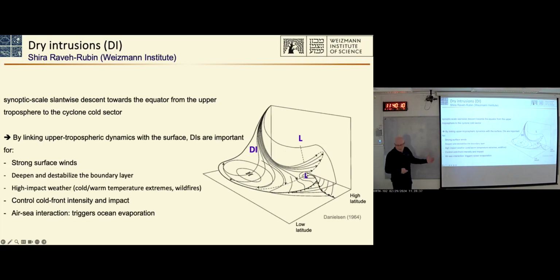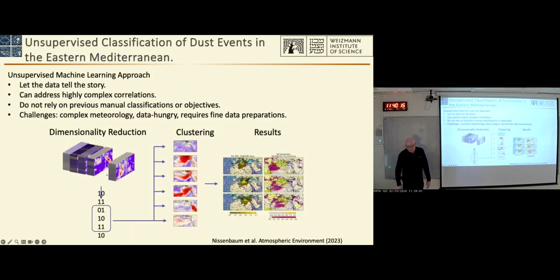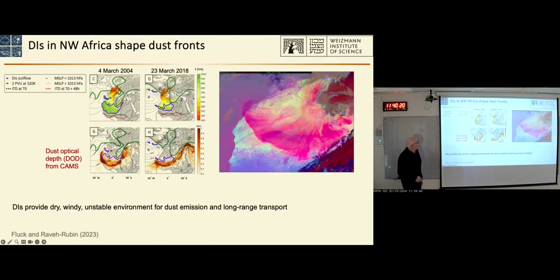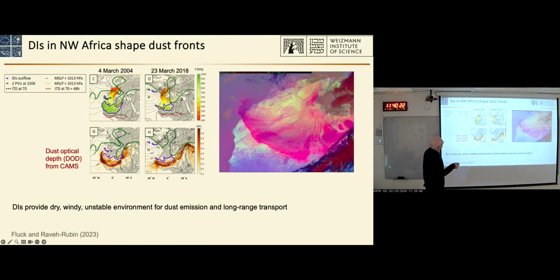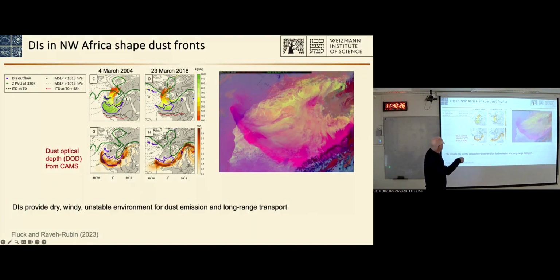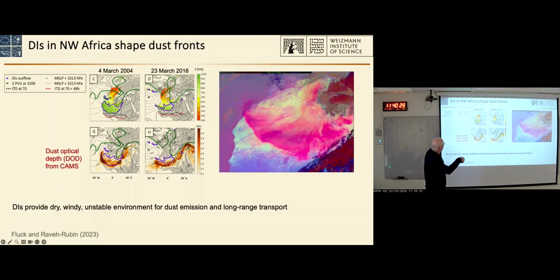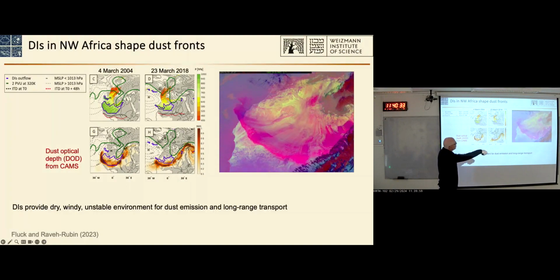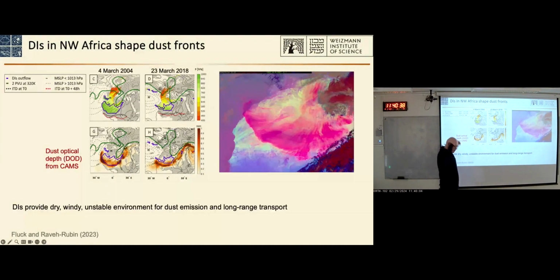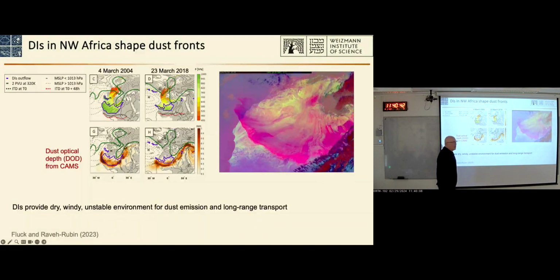And one of the things is that it might be related also to dust activity. So this is an example of some of these dry intrusions. And this is an example of a dry intrusion that was studied. You can see the air going down, the trajectory is going down to North Africa. And you can see this formation of front that is associated with this dry intrusion. So when the air goes down, it leads to higher winds, and that can augment